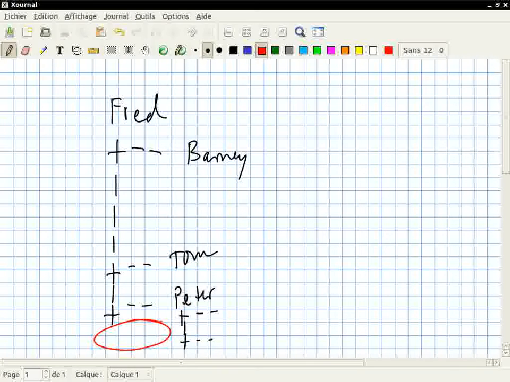And so when this fellow here has to draw its children, he needs to know that before those children there should be 3 blank spaces, whereas when Barney wants to draw its children, it needs to know that before that it needs to